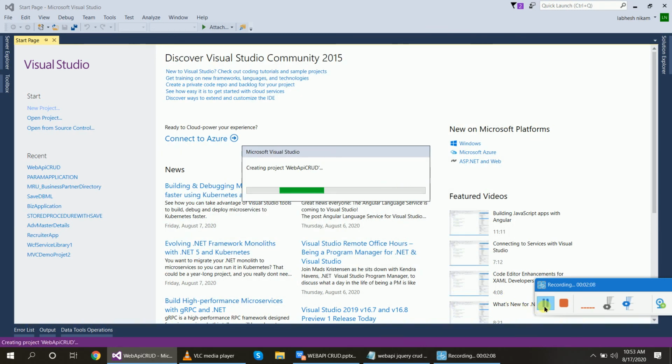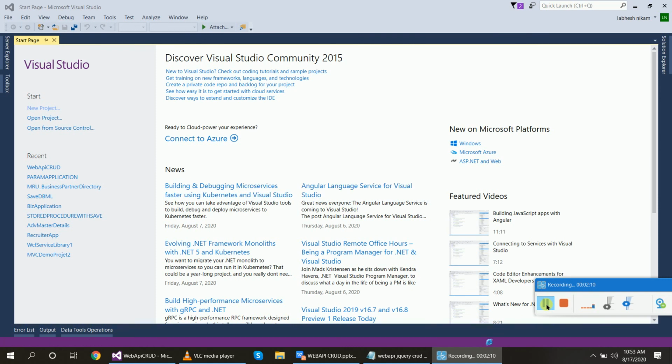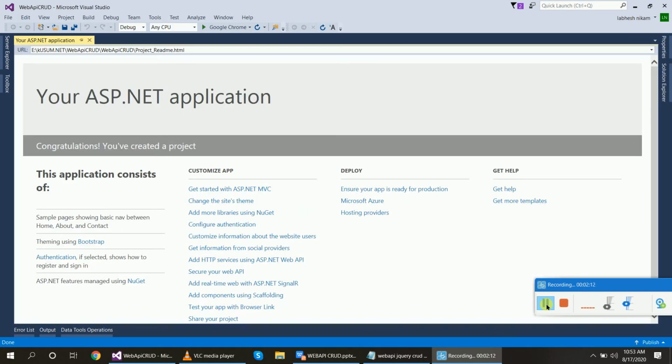This is a very important topic to learn, Web API. Web API is used to run your program on any device, like a mobile application, anywhere.